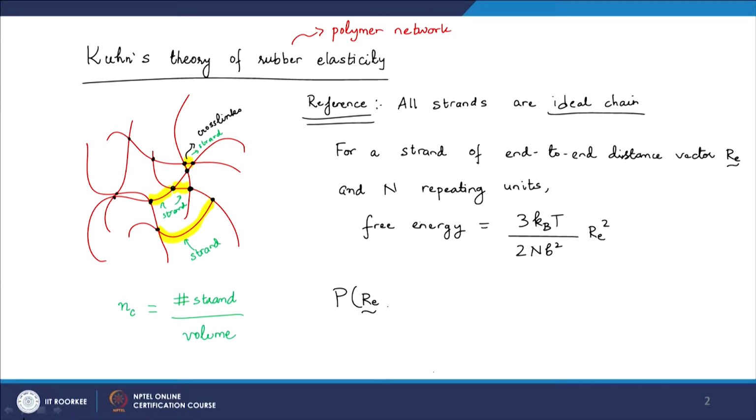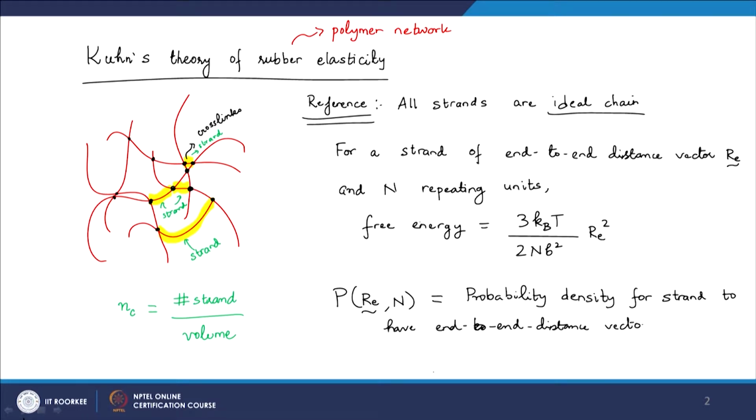So, in reality, what we do have is a probability density for a strand to have end-to-end distance vector RE and n repeating units,